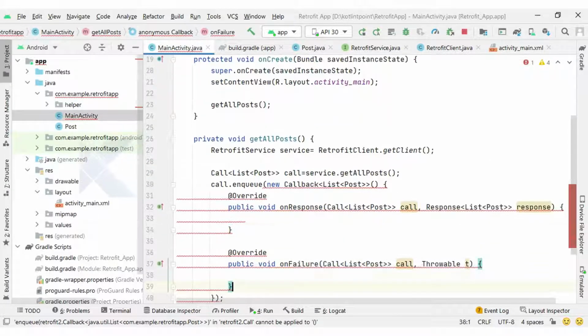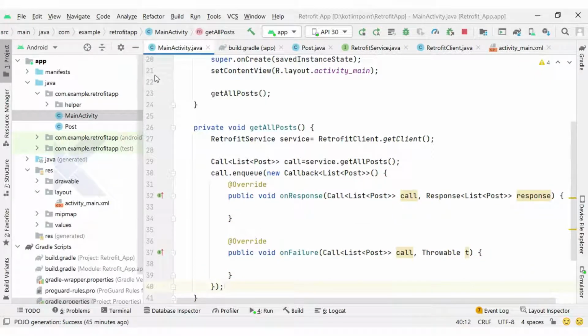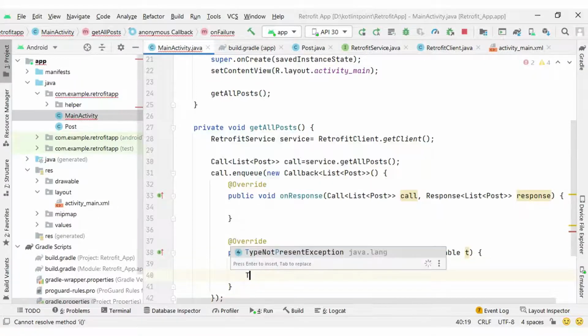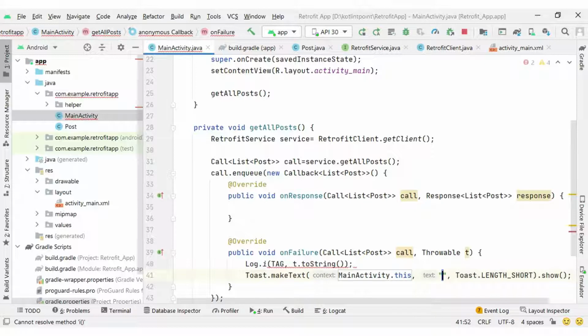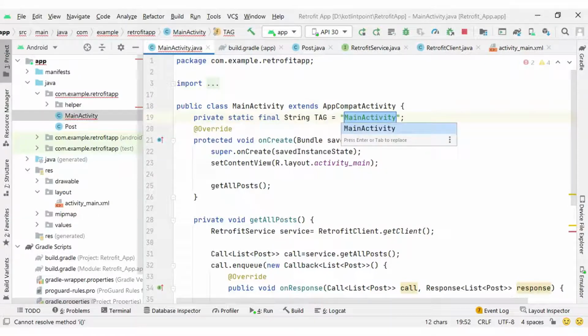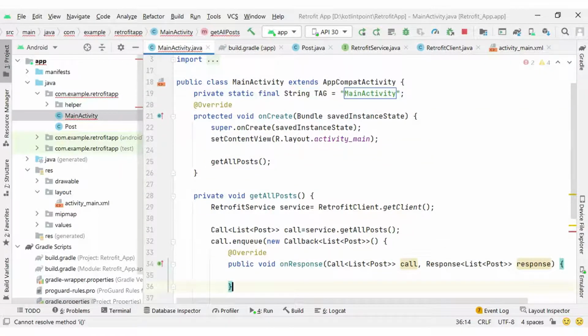As you can see, with the Callback interface we have two methods: onResponse and onFailure. onFailure stands for there being some problem in executing the API or in getting the response. We get the Throwable t, and with that t I will display the error in our logcat. So I can type t.toString here, and we can also have a Toast, and here let me show t.toString. So we can see what kind of error there is, and a tag we can create here, Log.t shortcut we have. Okay, so mainly we have error handling here.